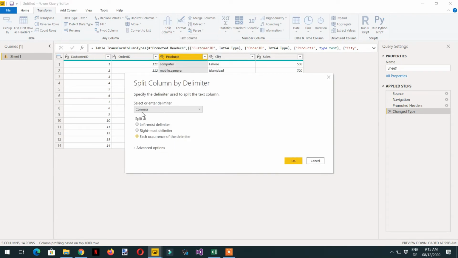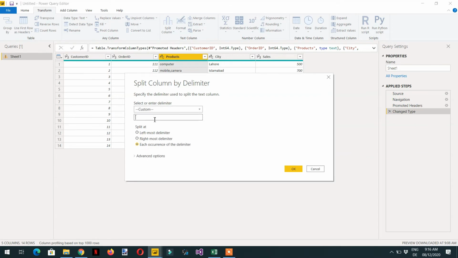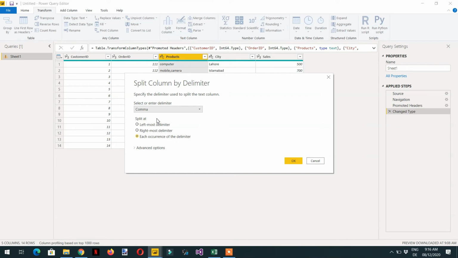Click, we need to choose comma because all the values are comma separated, and then there are different options available, right? If you don't have tab, space, or semicolon, you can select custom, and here you can write any separator according to your case, but for our case it is comma.